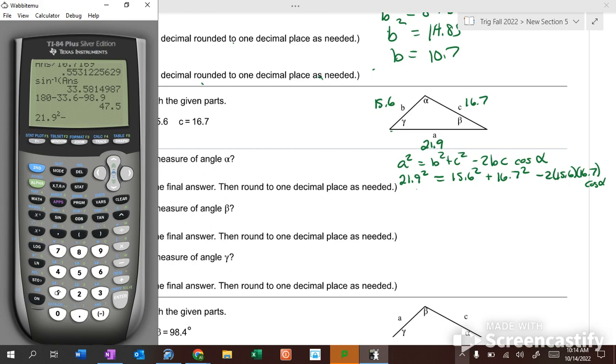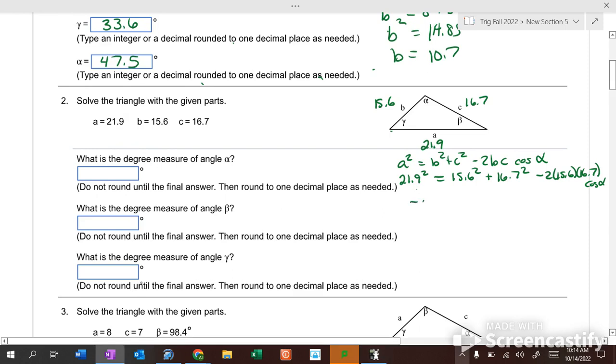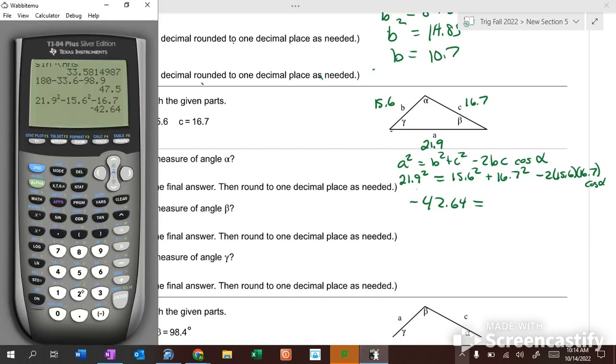minus 15.6 squared minus 16.7 squared. All as one step. I get negative 42.64 equals, and then multiply these together, 2 times 15.6 times 16.7 is negative 521.04